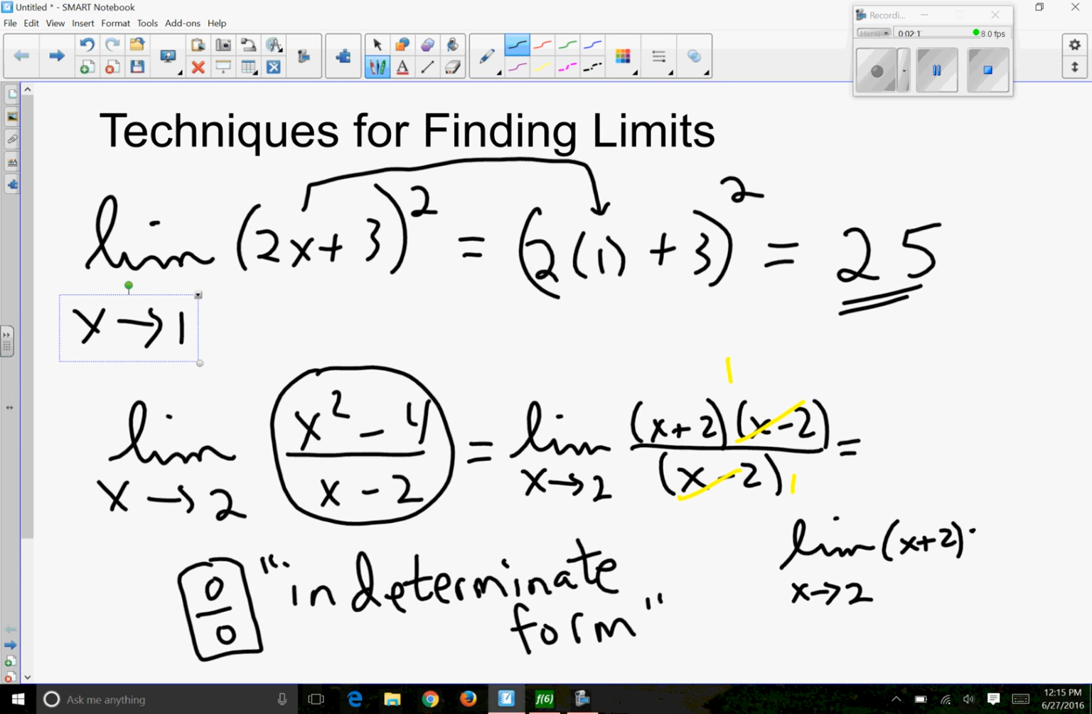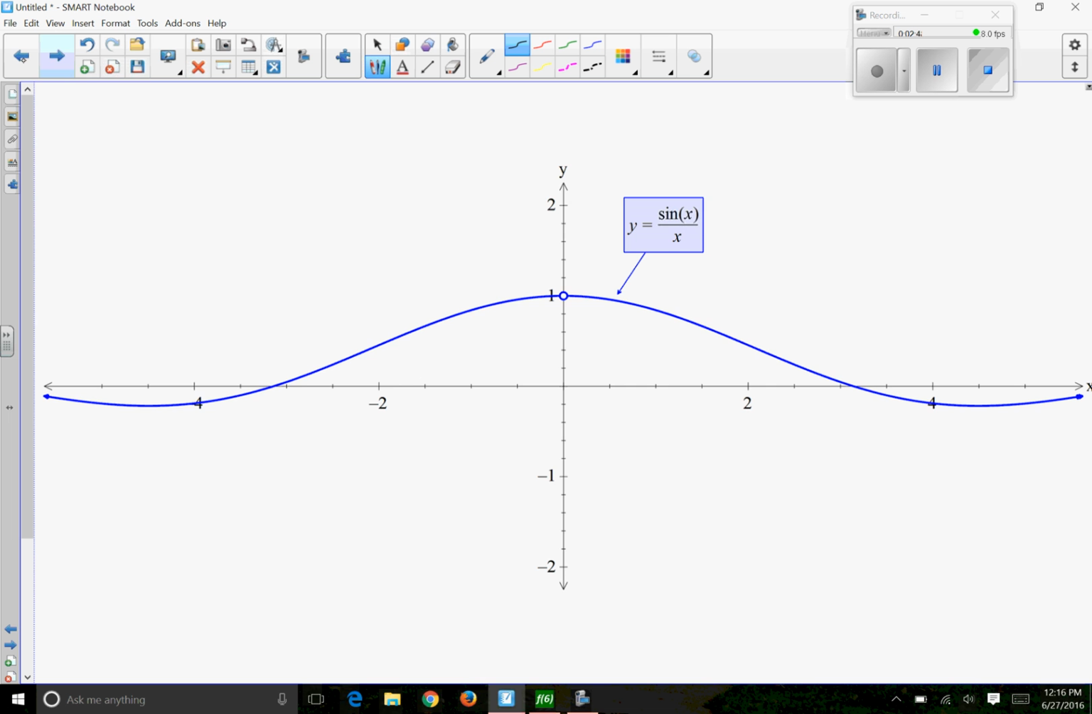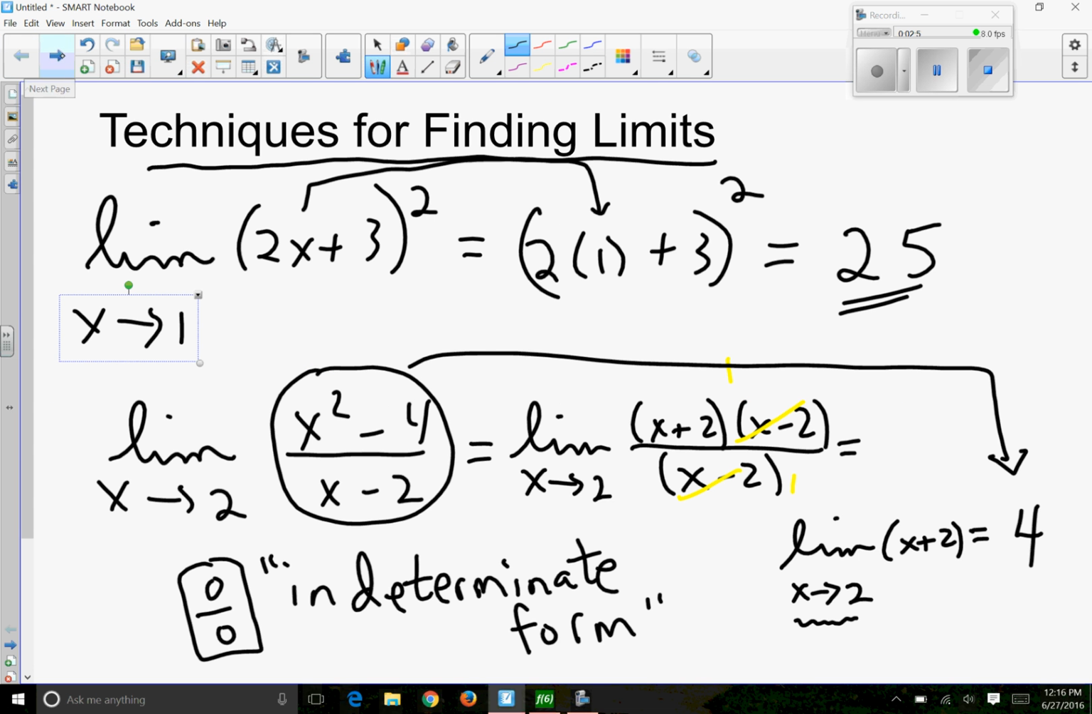And then the limit of x plus 2 as x approaches 2 is found by substitution. That means replace x with 2. So the limit of (x squared minus 4) over (x minus 2) as x approaches 2 is 4. So factoring is another technique. Then the next example